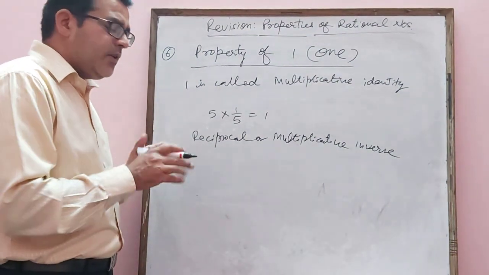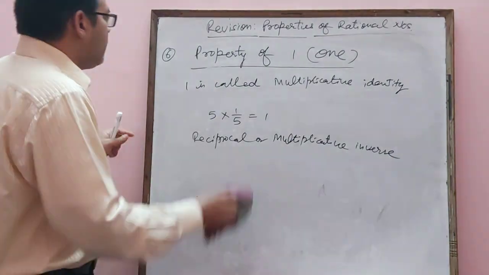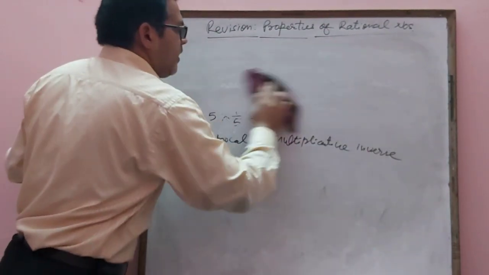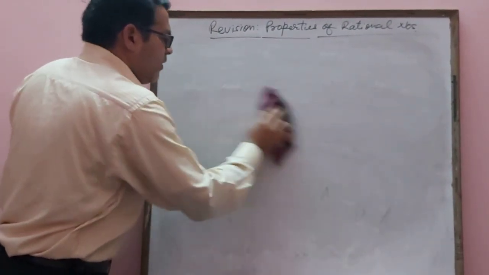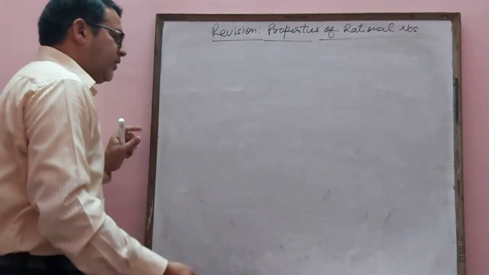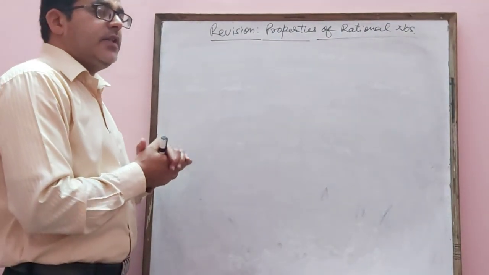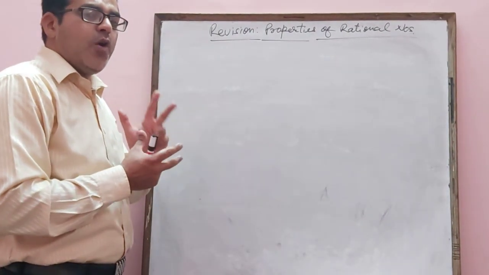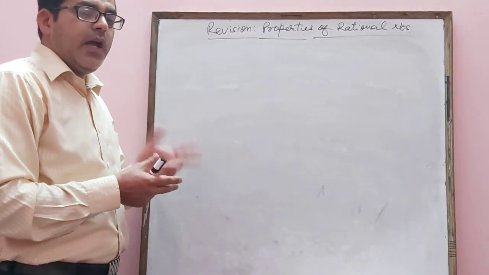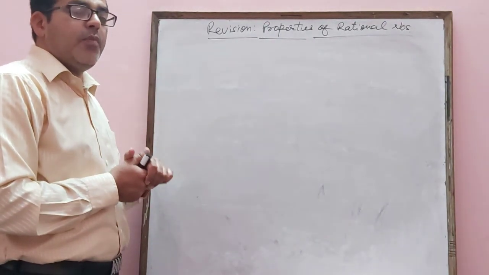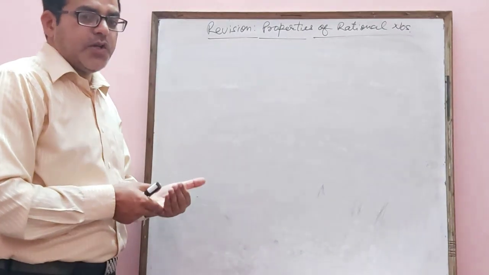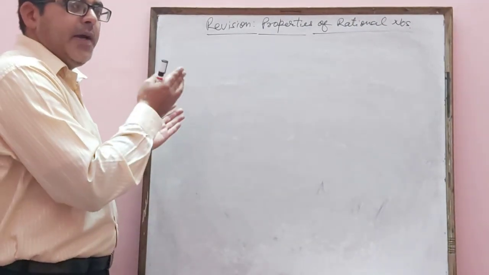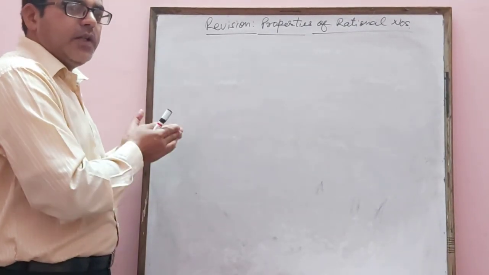Hope you understand, guys. So today we have discussed three properties of rational numbers. Once again I am reminding you, three properties we discussed. The first one was the distributive property. There were two parts in that property: distributive property of multiplication over addition, and second, distributive property of multiplication over subtraction. And we justified both the properties. We proved them by taking different sets of rational numbers, right?